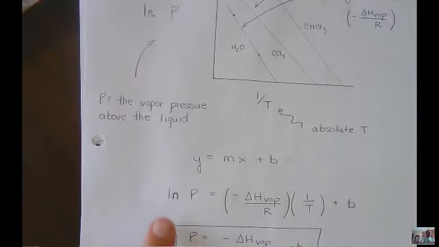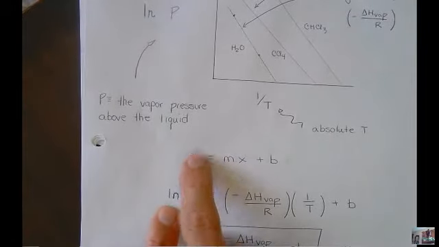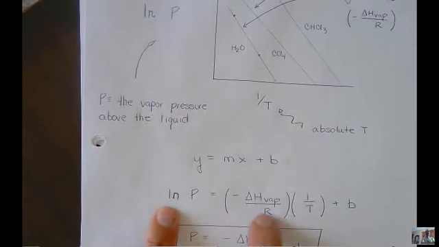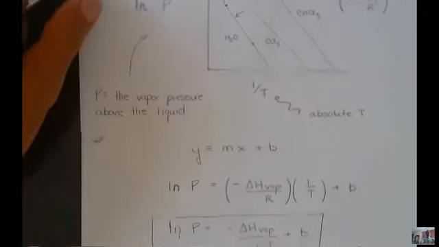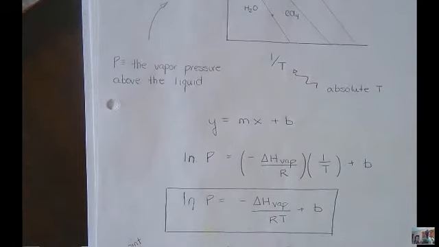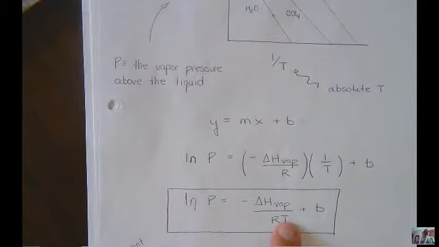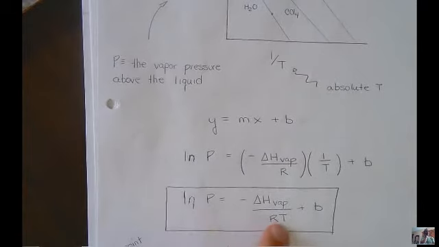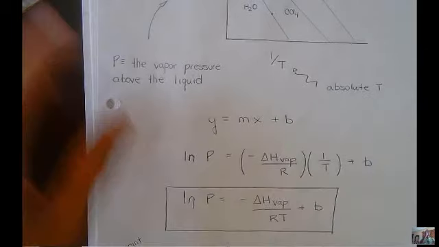Okay, but what you can say is ln of P is y, right? And 1 over T is x, and the slope I told you was minus delta H vaporization over R. So here I already got rid of the 2.3. Okay, so that's kind of cool, right? That you will always get a straight line, so that if you drew these graphs, you could predict what the vapor pressure is as a function of the Kelvin temperature, right? They're inversely proportional. The log of the vapor pressure is inversely proportional to the Kelvin temperature. Now, since this b is meaningless, what we're going to do